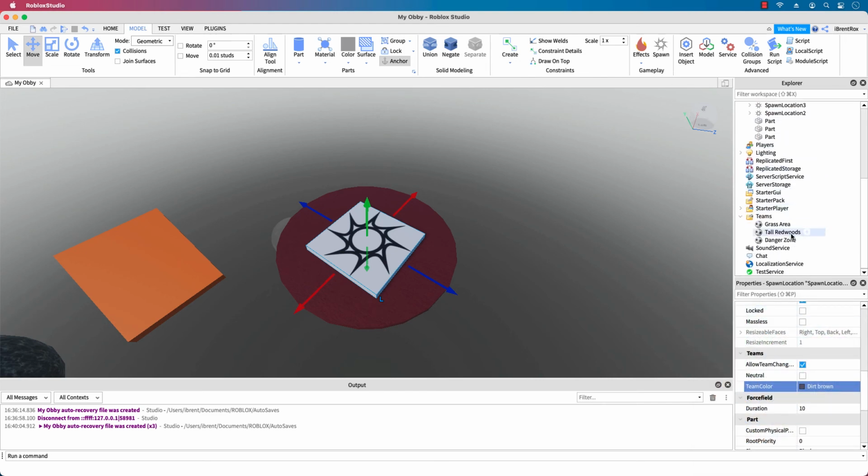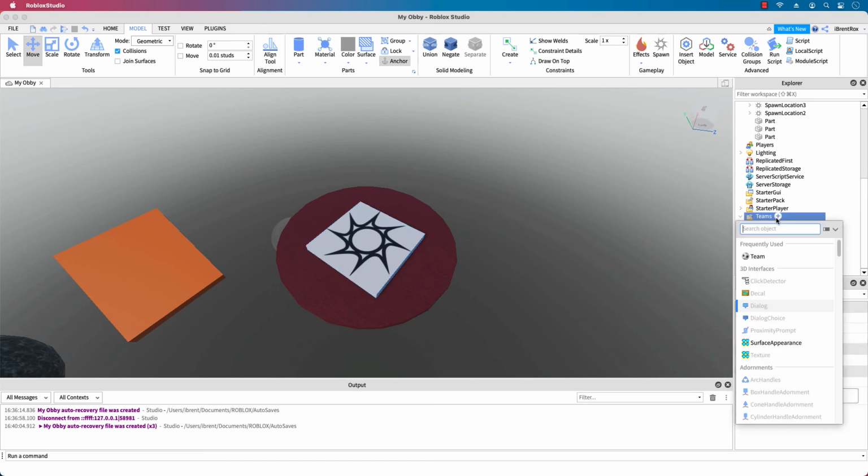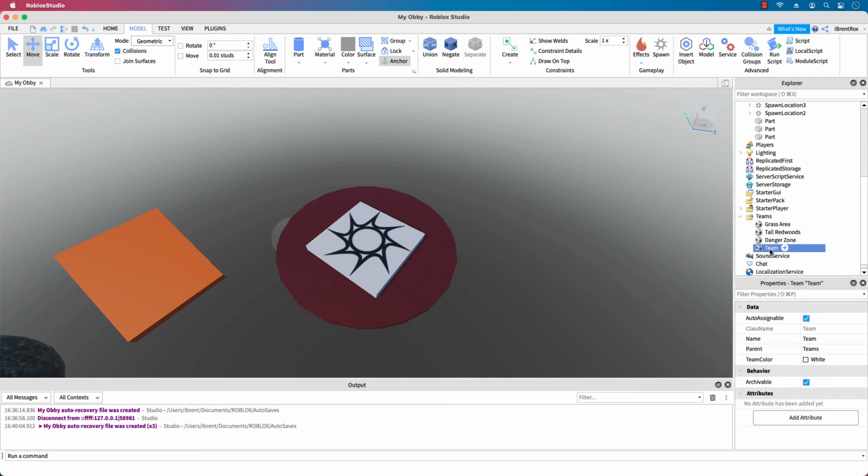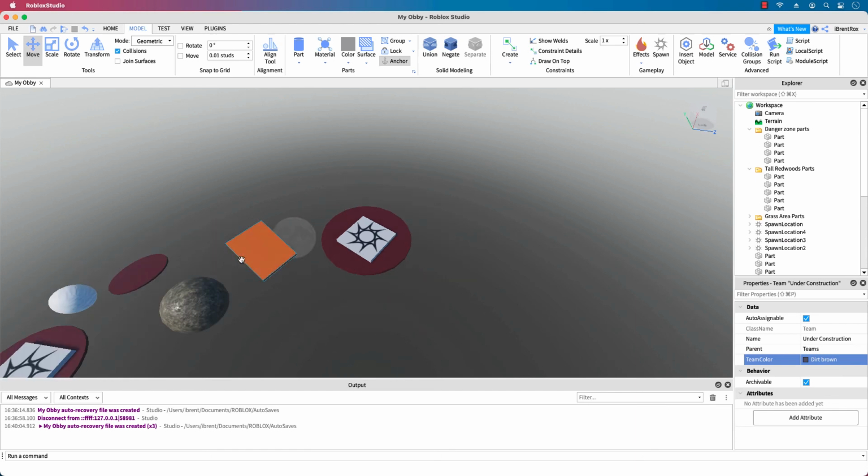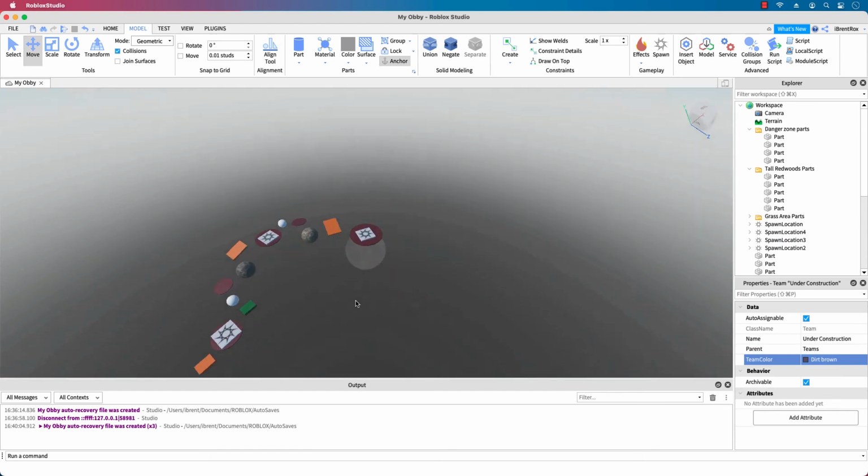And then finally create another team. Click the team, and then we need to click and rename it. And we'll call this under construction or whatever you want to call it. And then finally scroll down. We're going to change the color to dirt brown. Awesome. All right, now that we've got our team location, our spawn locations and our teams set up,